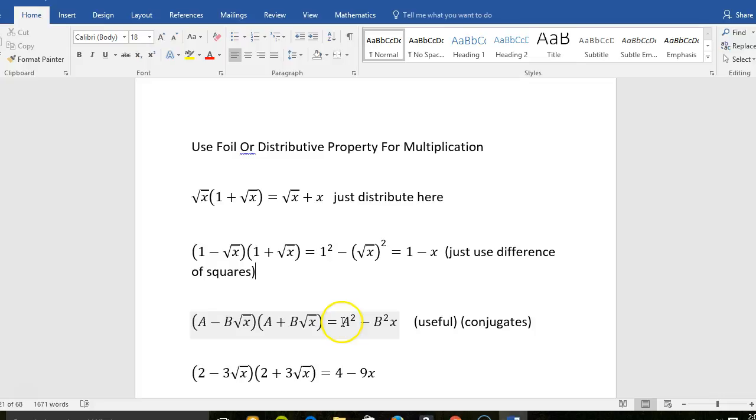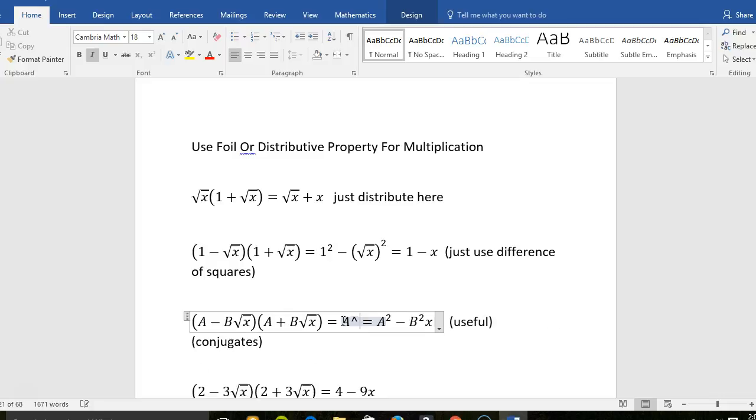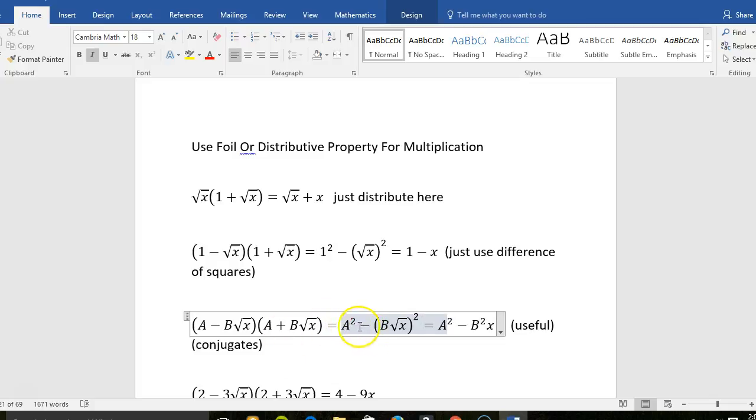And now let me justify what's going on in the middle. We've got the a squared, that's pretty straightforward. But then the second one we have to use parentheses, because we are squaring the entity b radical x. So we get a squared minus entity squared. A minus entity times a plus entity is a squared minus entity squared. But now, guys, the product of the squares is the square of the product. We're assuming all things positive. A and B don't really have to be positive, but oh well. So now a squared minus,